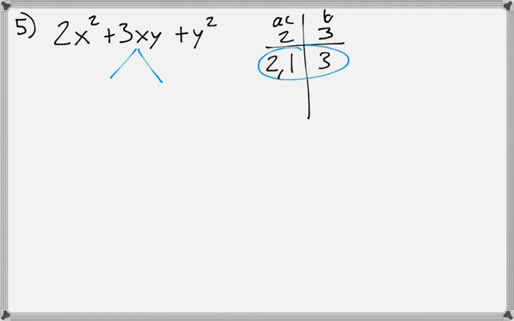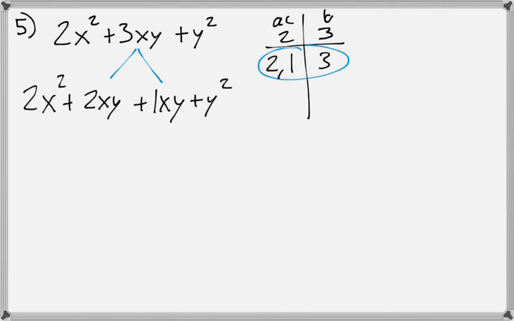So that's going to break up into 2, and I'm going to put xy, and then this will be plus 1 xy. So on the previous questions I just put an x, but because I have an xy here, I want to put xy's. And then I bring down my outside terms,